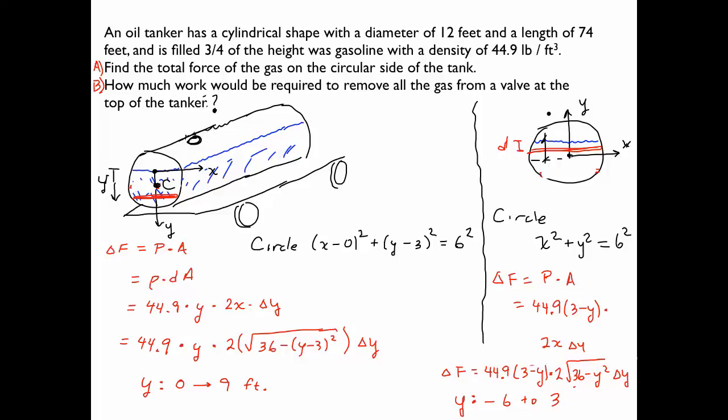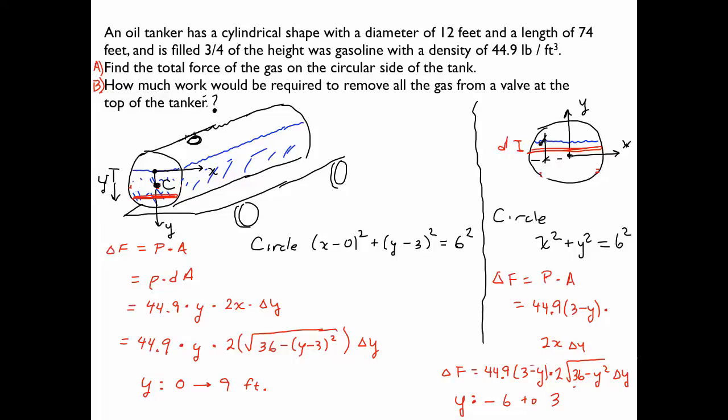Then I put the origin at the center of the circle and I made y pointing up. What's the advantage to that? The circle is easy, but what makes that hard is getting the expression for the depth. So the depth of a typical layer then is